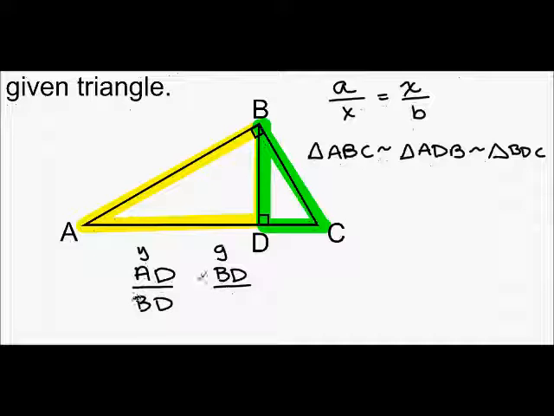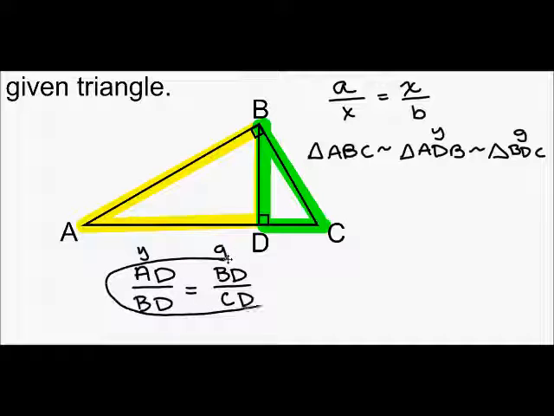And that's good because I want to have the same value up top over here and down on the bottom over here. So those should be the same. But you can see again that they do share that side. And BD in the yellow, because this is yellow, this is green, BD goes with CD in this triangle. Okay, so this is my first proportion,